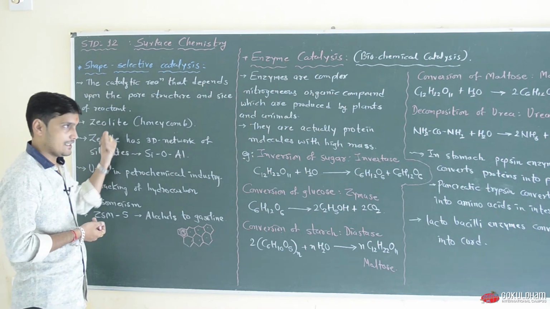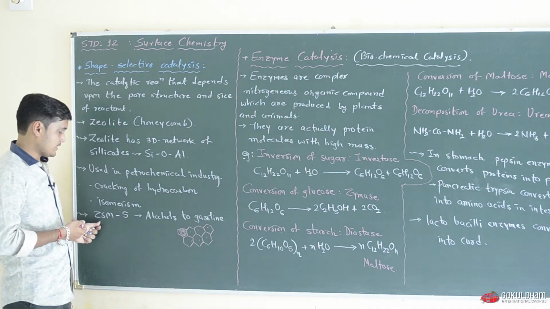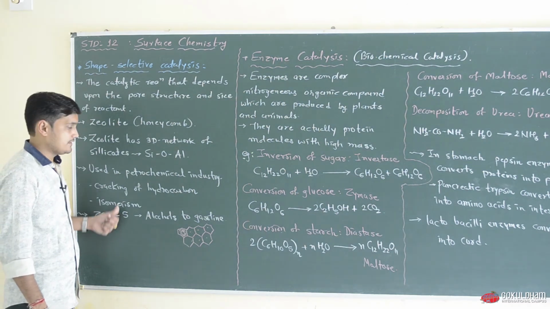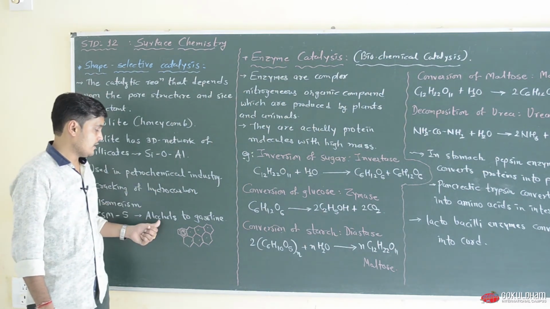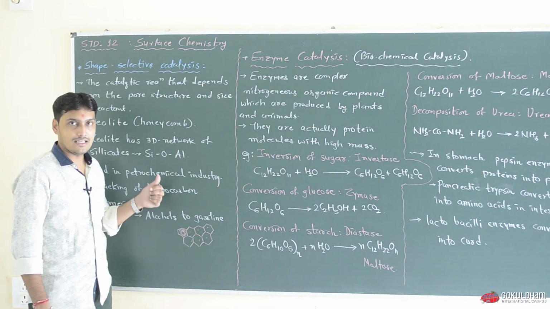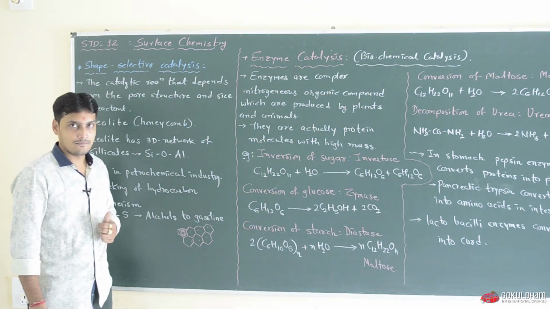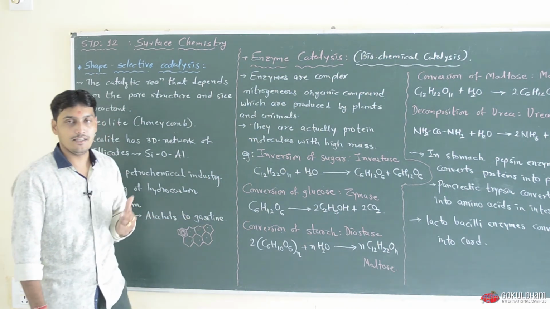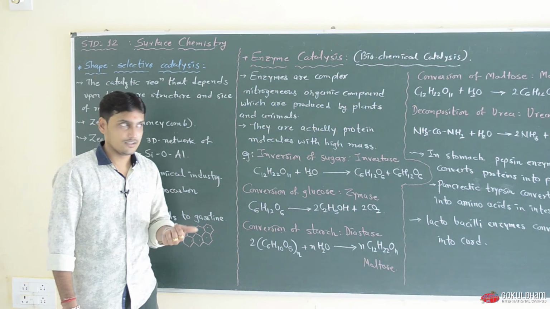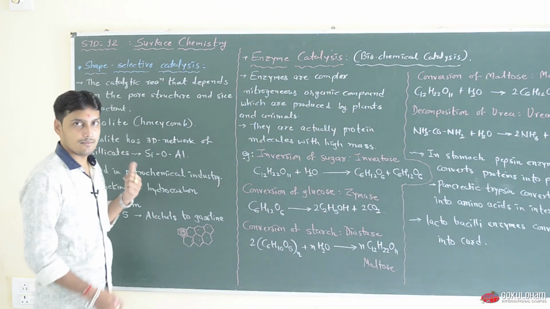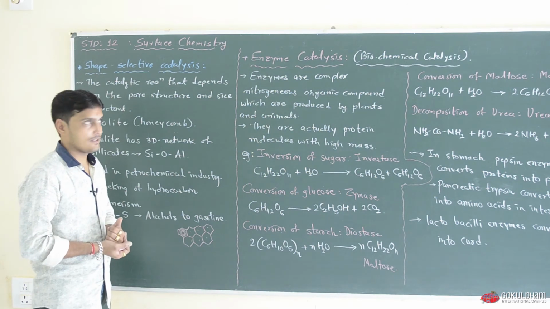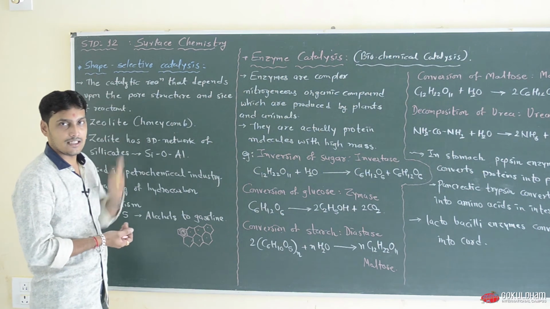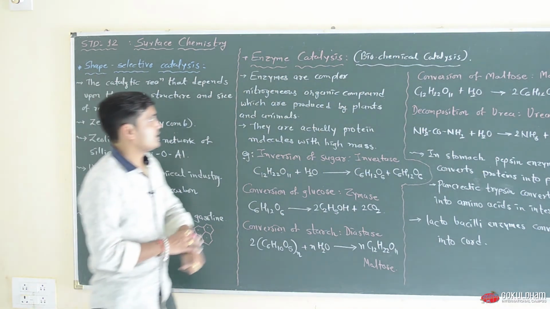but in this zeolite category one of the most important is ZSM5. This zeolite is used in the petrochemical industry to convert alcohols directly into gasoline. Alcohols are converted into gasoline without any intermediate step. That is a direct process which can be carried out by the zeolite honeycomb structure. Okay, so this theory contains 2 marks: shape selective catalysis. Another important theory is